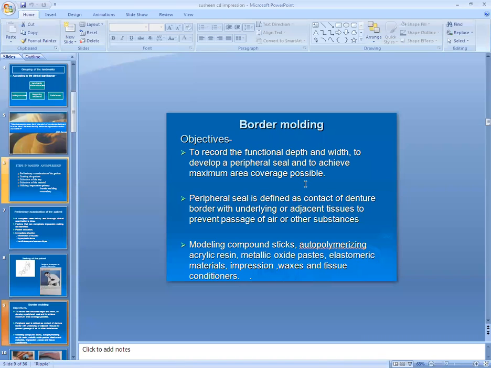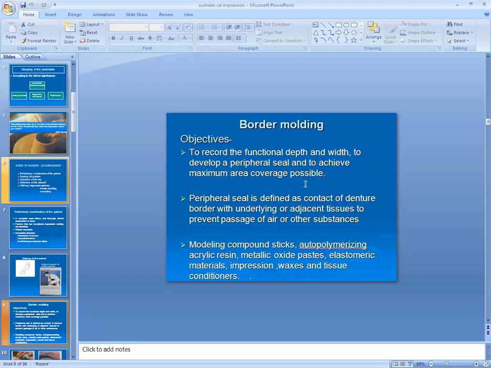Then the second objective is peripheral seal, which is defined as any contact of the denture border with underlying or adjacent tissue to prevent passage of air or other substance. So it is basically a positive contact to the tissue within the physiological limit that will prevent air and food particles, any substance.